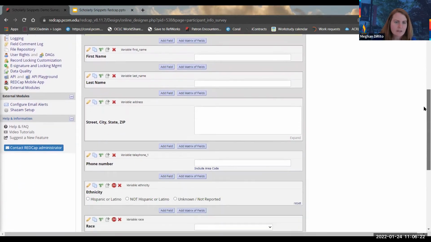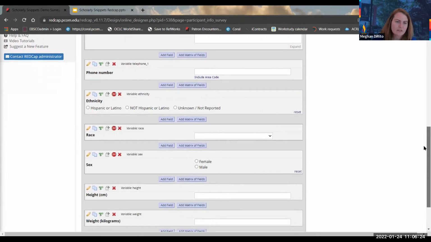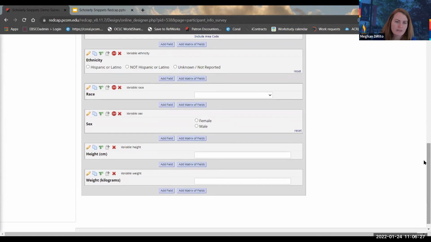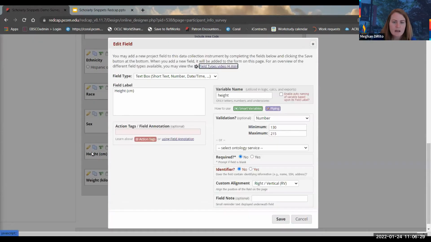So again, you're continuing to get more information now that you know for sure that they have diabetes. You can set it up with validation, which is really useful. For example, in this case, I'm asking for their height. And validation basically says, and this is in centimeters, so that if I accidentally clicked or typed in